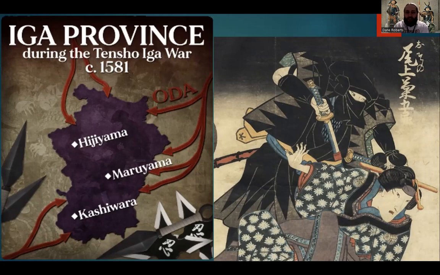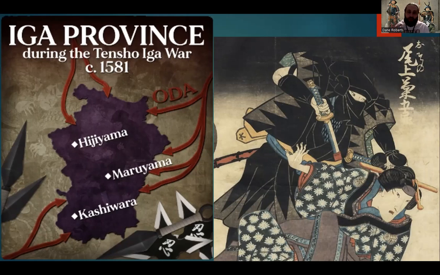Now, it's important to note that despite common popular misconceptions, ninja and samurai were not mutually exclusive. In fact, most ninja were samurai, and let me put it this way: all ninja were samurai, but not all samurai were ninja. That's essentially what it is. In fact, many of the most famous ninjas, of the most famous shinobi, is the proper term. It essentially means the same thing. But anyways, some of the most famous ninjas of the Sengoku era were also samurai generals of other daimyos.